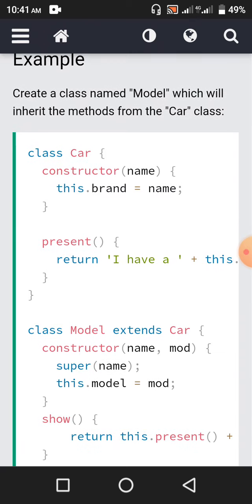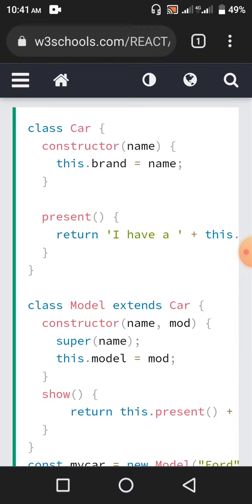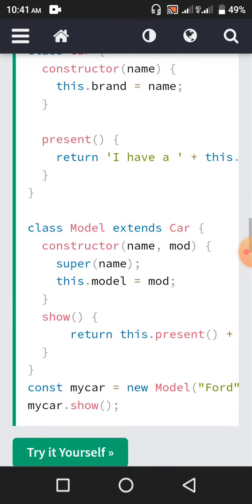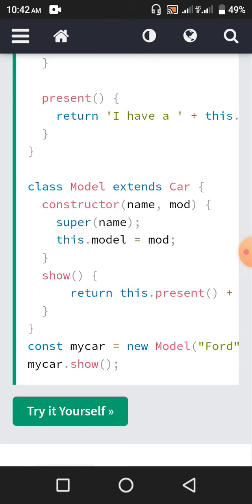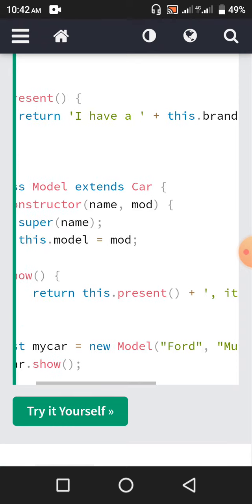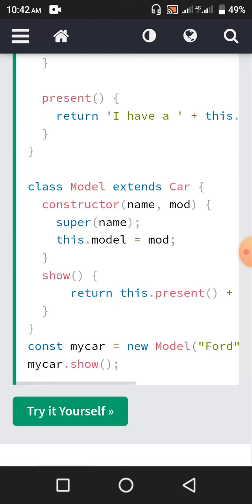Class Car, constructor(name), this.brand equals name. The present method returns "I have a " plus this.brand. This one is class Car. Another class is Model extends Car. Constructor(name, mod), super(name), this.model equals mod. The show method for Model returns this.present() plus ", it is a " plus this.model, so it will return